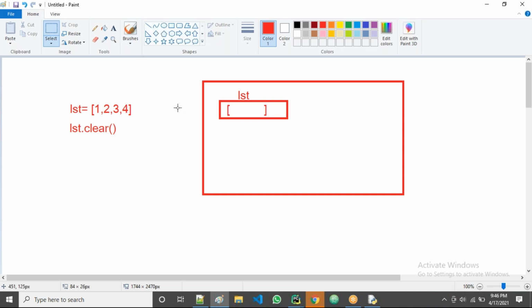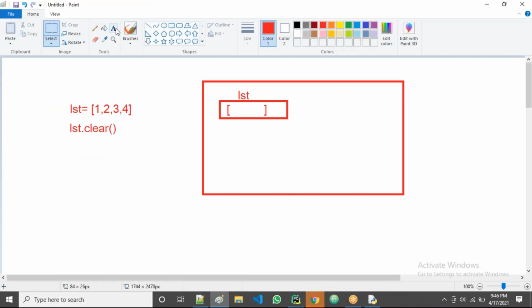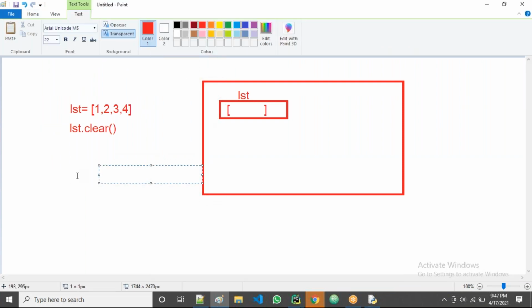In the same case, we have two things: the clear function and the del command. Let us see the meaning of the del command. I take the same list with some elements. Then del space lst.